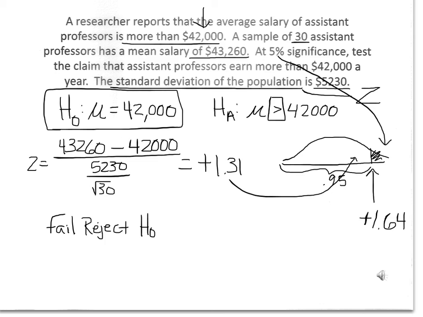So because there's not enough information here, this $43,260 is not significantly higher than the $42,000. This information does not support the idea that the professors earn more than $42,000. Because it's in the non-critical region, it does not support this idea. Because we were not able to reject the null, we could not support